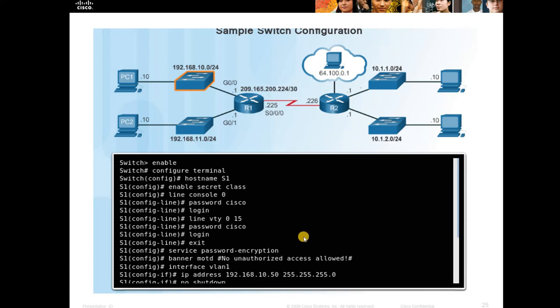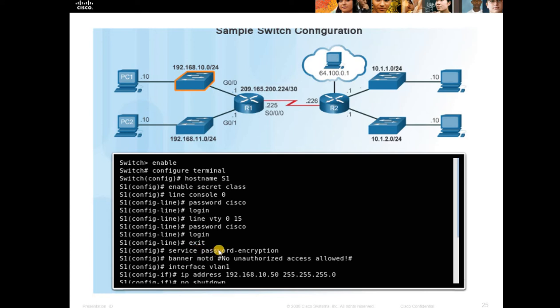To secure all passwords in a configuration file, I want to secure all these passwords, Cisco or class, so I can go for service password encryption.